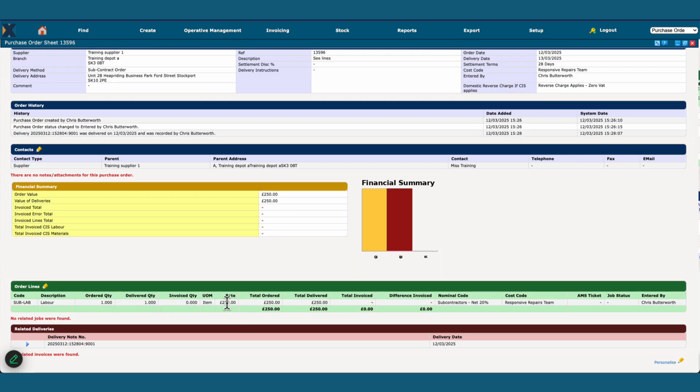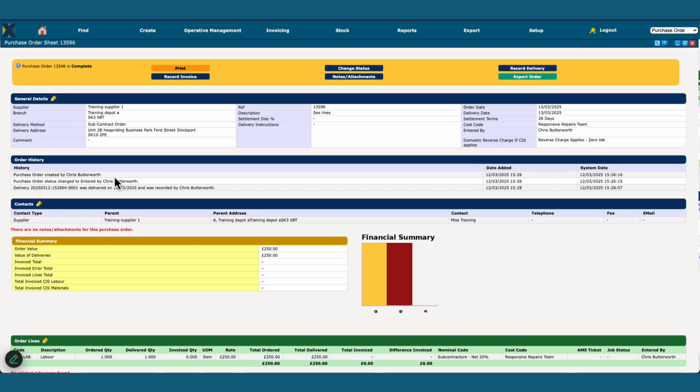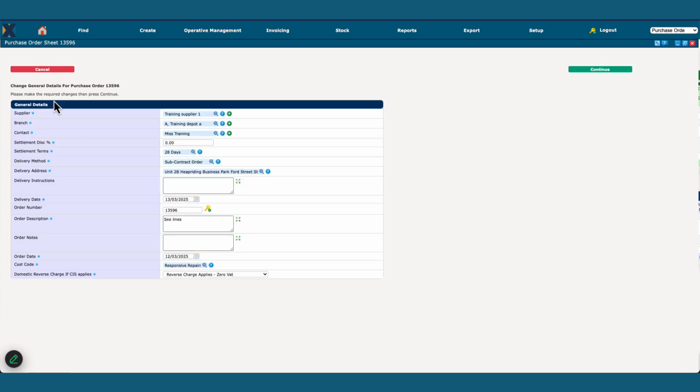And we can see that down here, we've got one line for £250. I mentioned this for sales. You can edit the option at this point as well. So once you've raised your purchase order, it's not too late to change the setting if you've got it wrong. And you can do that by editing the general details, where of course you can change a whole bunch of things to do with the purchase order itself, but you've got the options to change here,